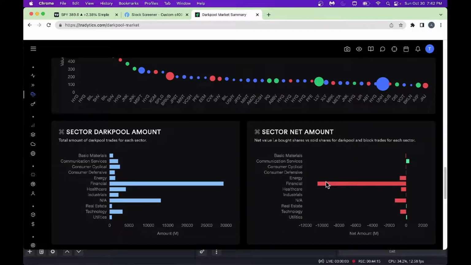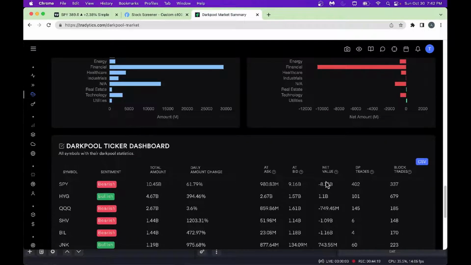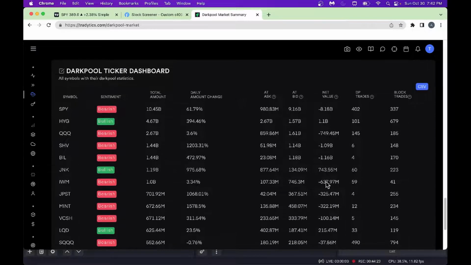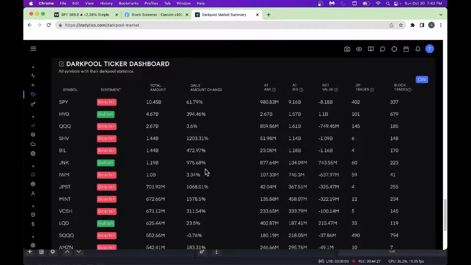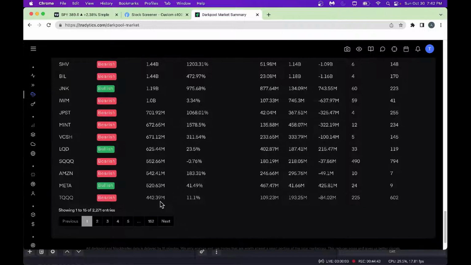And then there are various more details. This one has got a lot of details, as you can see here. Now they also try to tell you whether it's bearish sentiment or bullish sentiment. This is a good one. Just by looking at this, you can see SPY, there is a lot of bearish sentiment going on here. Look at ask, there is a lot of money here at bid, net value is negative. You can see by ticker symbol whether it's a bullish or bearish dark pool sentiment.